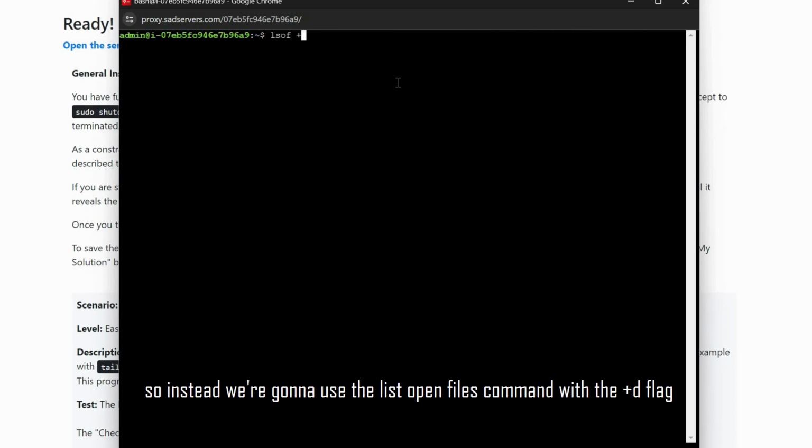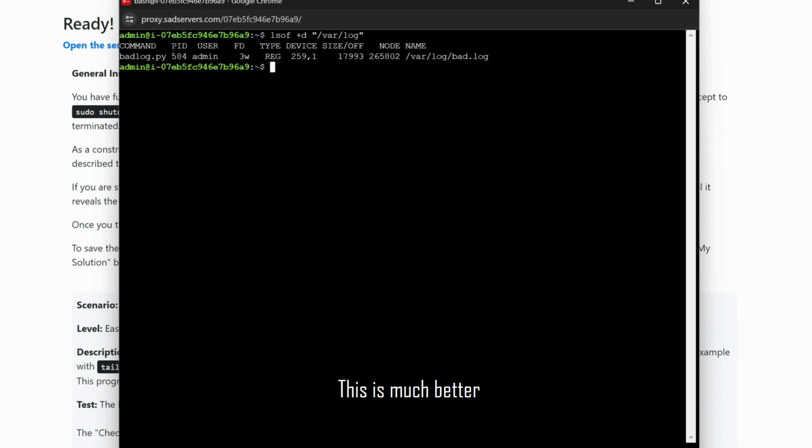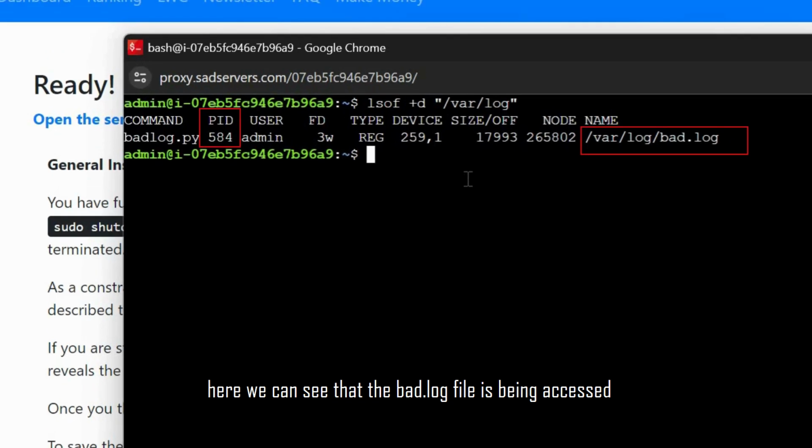So instead, we're gonna use the list open files command with the +d flag to indicate that we want open files in a specific directory, which is the var.log directory. This is much better. Here we can see that the bad.log file is being accessed by a process that has the PID of